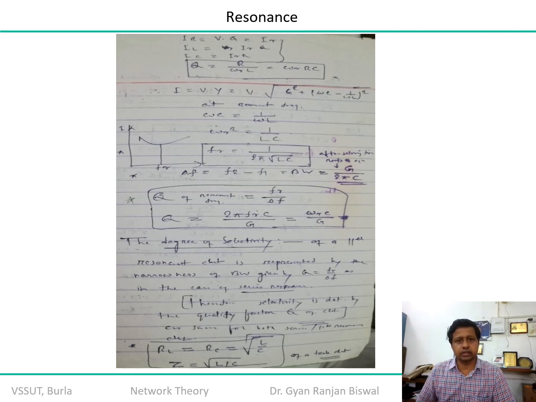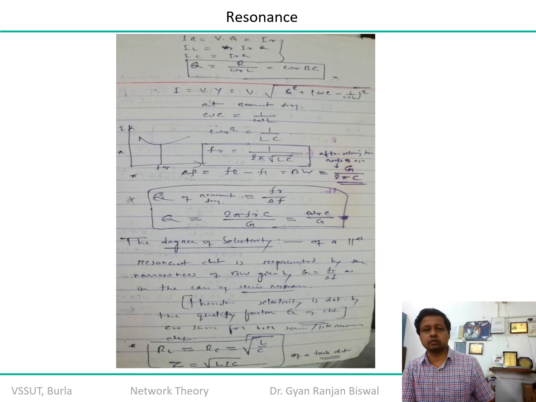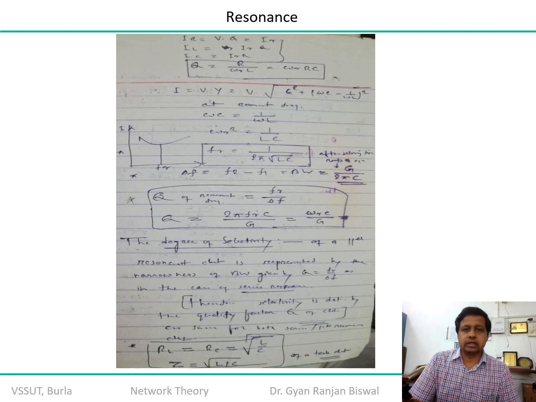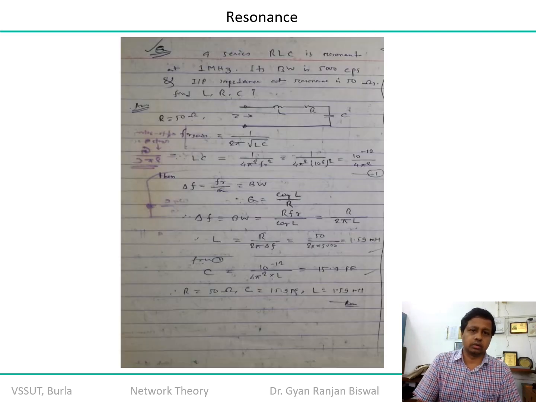You can do this exercise. I would encourage you to repeat the whole exercise we discussed in the series resonance circuit for the parallel resonance circuit, and see whether you are getting similar performance or not. You would appreciate that whether you talk about the critical resistance, or the inductive resistance, or the tuning of the resistive component, critical resistance in terms of L and C, you will get the same, that is root over L by C. That is the degree of selectivity for a parallel circuit. So tomorrow if someone asks what is the degree of selectivity of a parallel circuit, you say that it is the critical resistance, which decides the degree of selectivity, that is root over L by C.